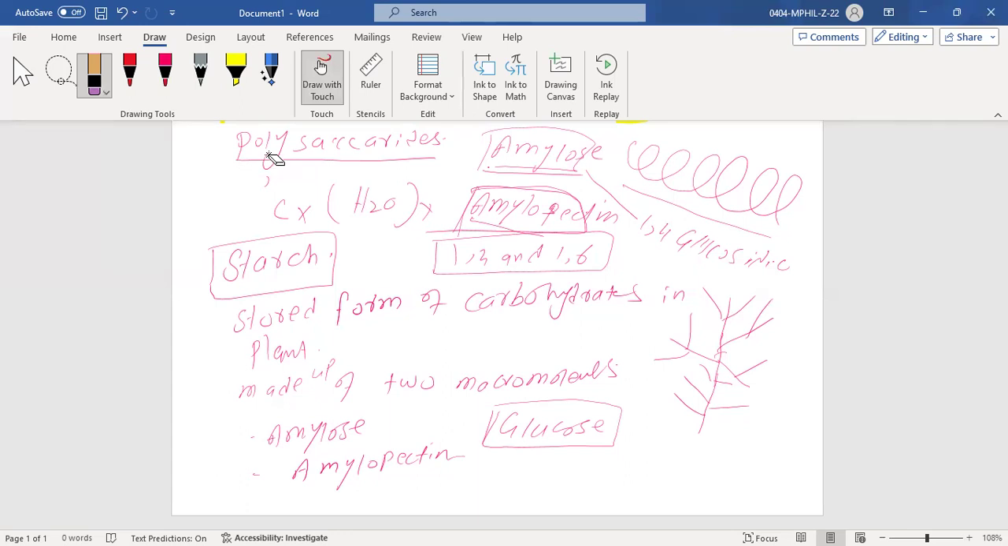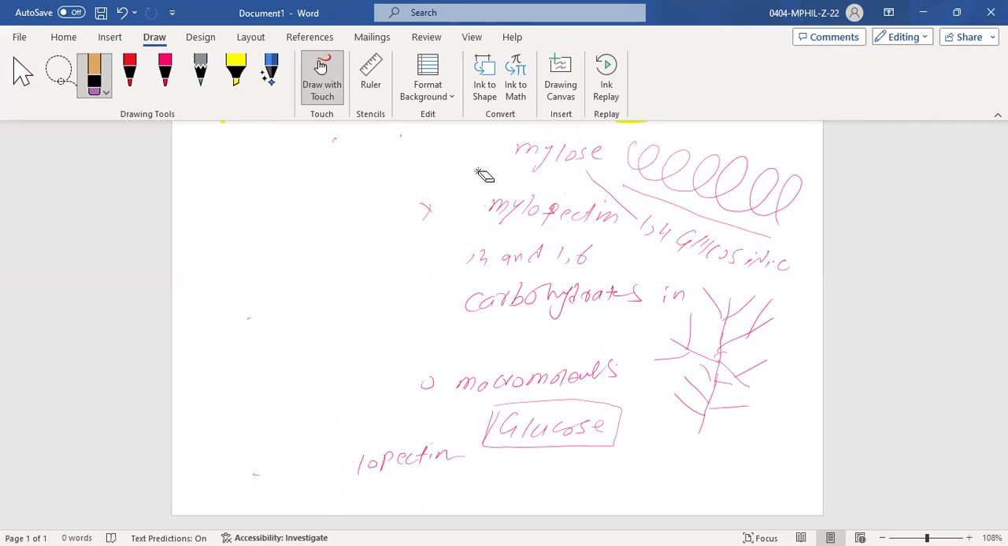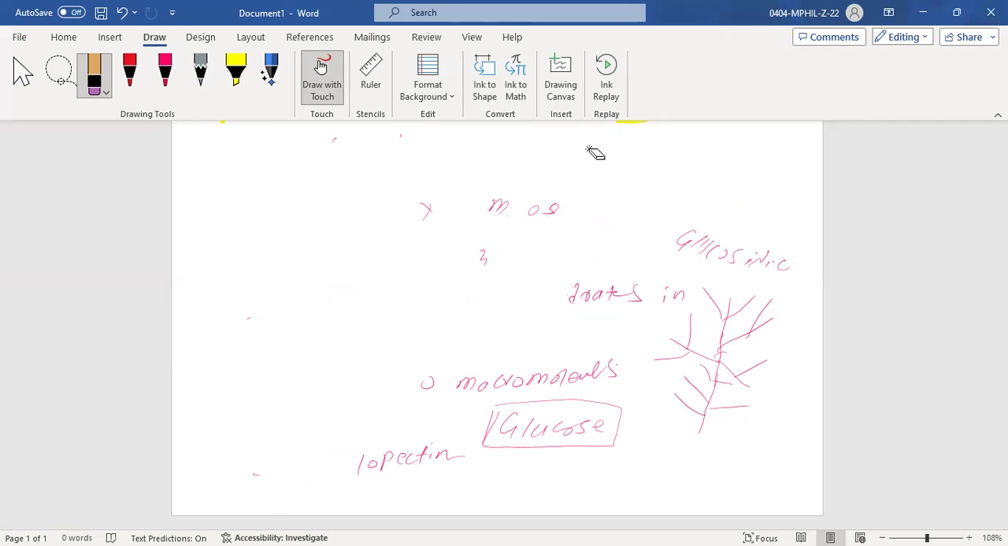Are things clear up to now? Any difficulty, you can discuss. No, sir. Okay, fine. Sir, for amylose and amylopectin, do we need to combine the monosaccharide structures and draw them? In case of amylose and amylopectin, no,